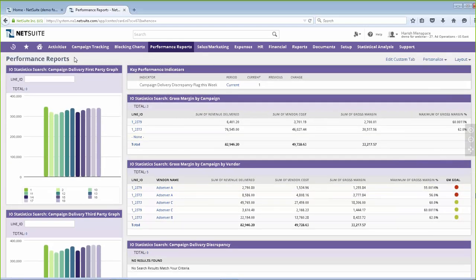Great. So I really wanted to highlight for this part of the demo the ability to put in any type of visibility that you would like to track, any type of reporting into the NetSuite system, can be on a dashboard. You can also have those scheduled, sent out on a regular basis, as well as on an exception level reporting, and give a lot of visibility to make sure you're maximizing your revenue in the NetSuite system.